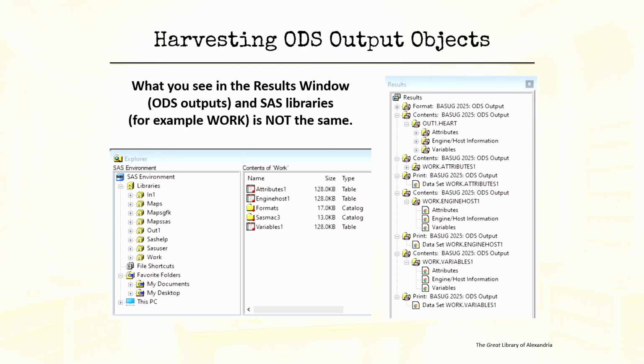So you can see everything that's there. So you can verify that you have created your output data sets. And I assure you that ODS output works as long as you have named the files right.